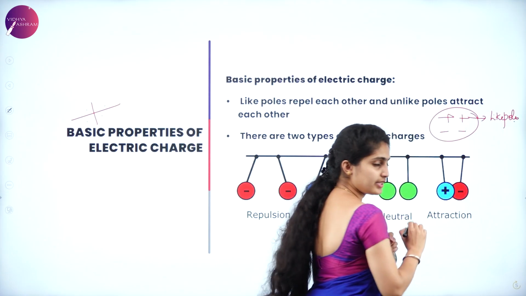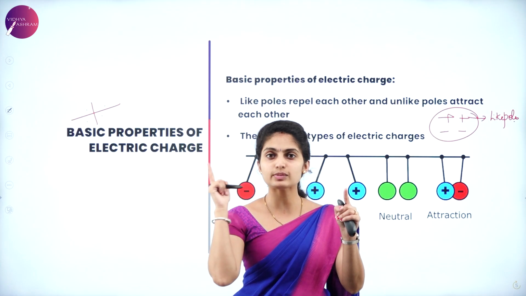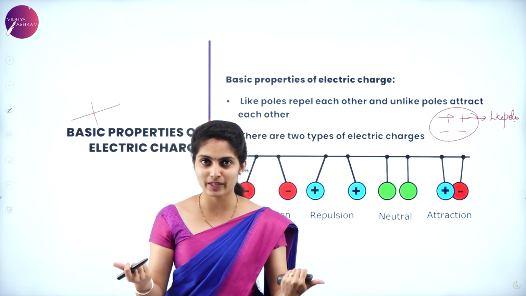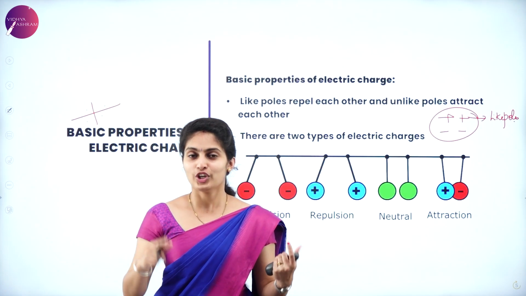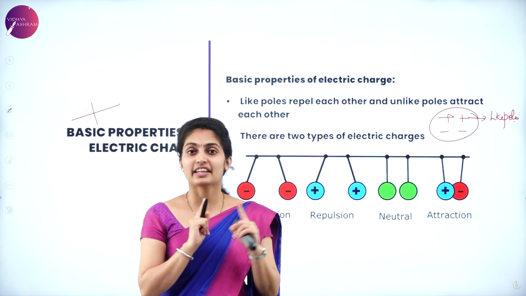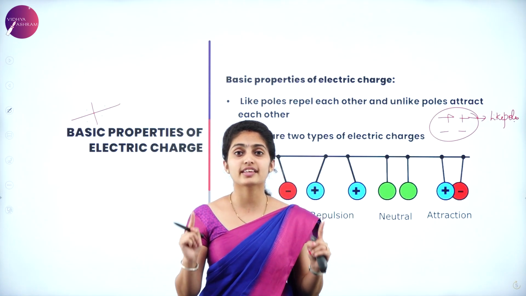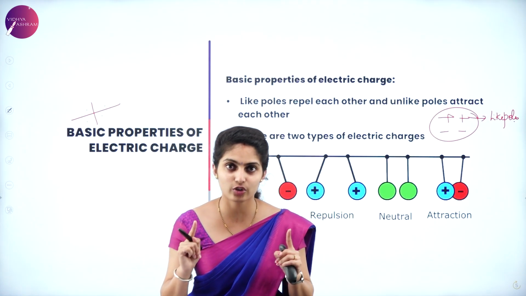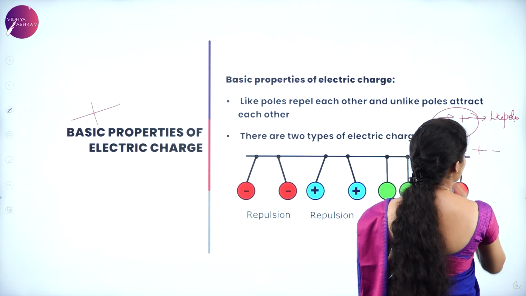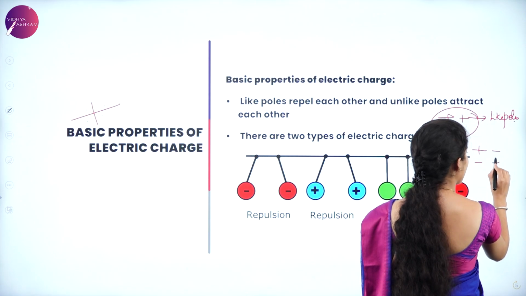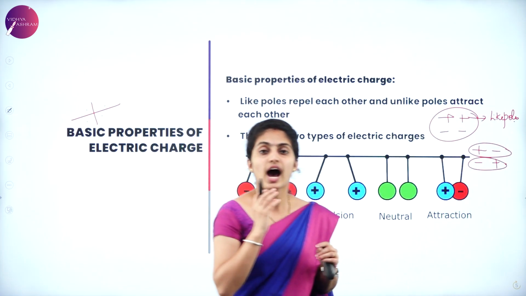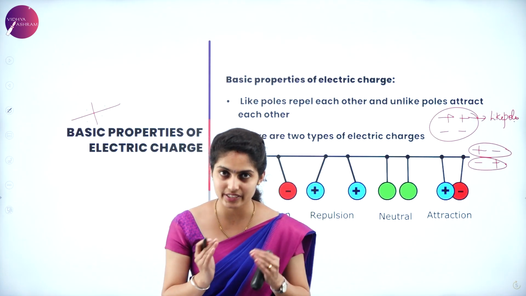These two are like poles, because both the signs are the same. Is the sentence "plus attracts plus, minus attracts minus" right? No. You have two poles, plus plus or minus minus, but they never attract. In fact, they repel each other. Unlike poles, that is, one is plus and one is minus, are the opposite case. Unlike poles attract each other.